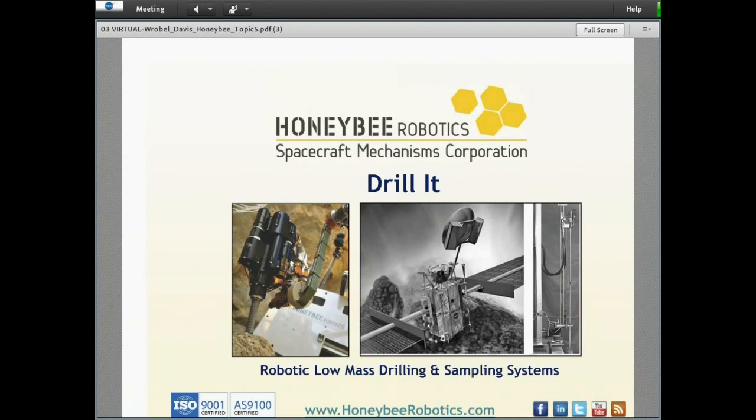Rotary percussive drilling action can be employed to circumvent the need for prohibitively high weight on bit. And percussive or hammer systems, while they consume more power, reduce the required weight on bit by an order of magnitude, especially in hard rocks. Honeybee has extensive experience with both approaches. Now, the feasibility of drilling into small bodies with low weight on bit